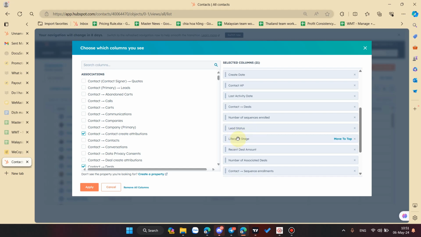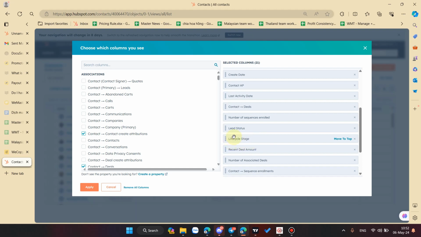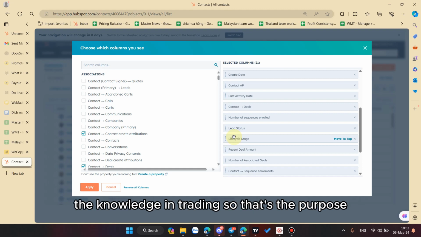It is on here, the lifecycle stage. For example, when you talk to a client who is interested in learning how to trade, you label them as learning. Later you filter for any contact labeled learning, and send the email saying we have the learning course to help you gain knowledge in trading. So that's the purpose.